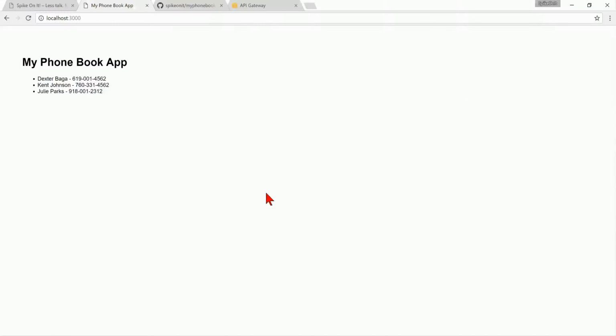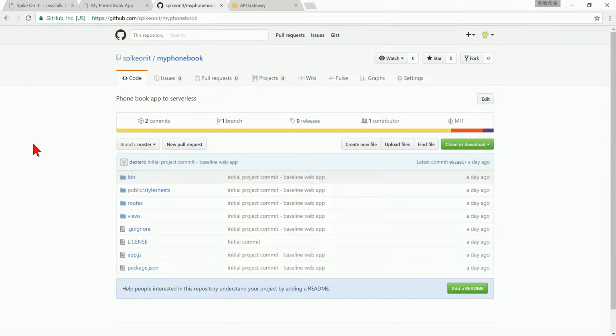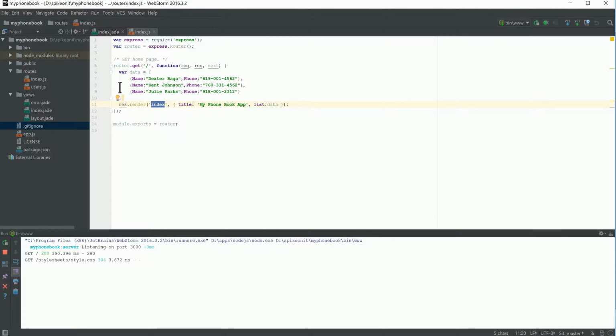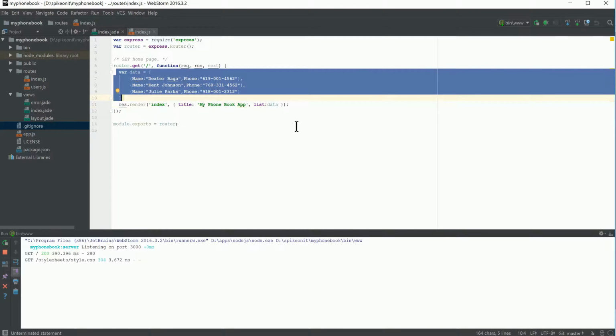The code is also available on GitHub on the Spike on It GitHub account, my phone book repo. So my goal for this Spike is to make this data something that is provided to me by an API endpoint. Meaning, when I make a request to display the page that shows me the list of phone numbers, the web application